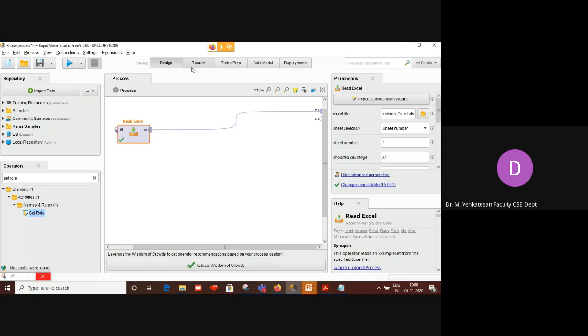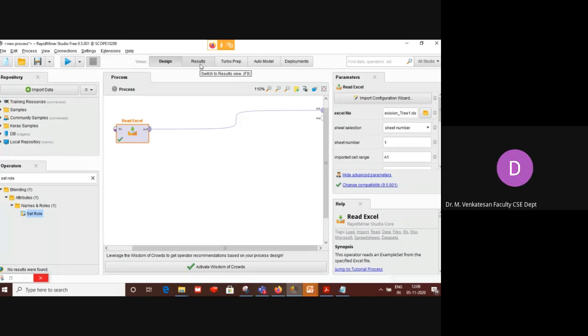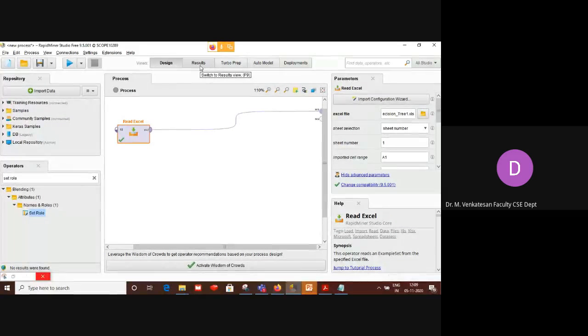Sir, one doubt, sir. Yes, please. Sir, why do you prefer RapidMiner rather than Python? Any idea, sir? Sir, you can do the Python coding also here, sir. No, what I'm saying is, I didn't get experience in this RapidMiner. Yes, I will be showing you that in the afternoon also, why I'm preferring it. Yes, it's a good question.